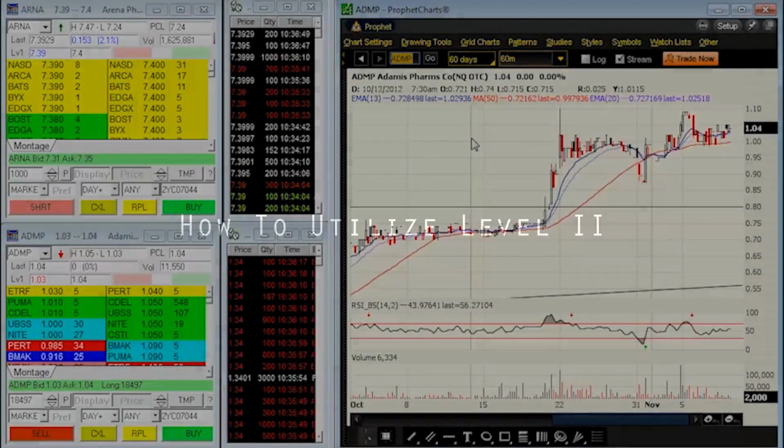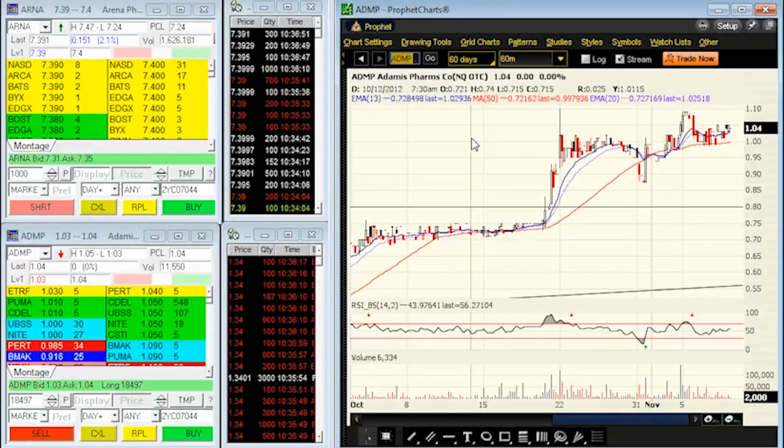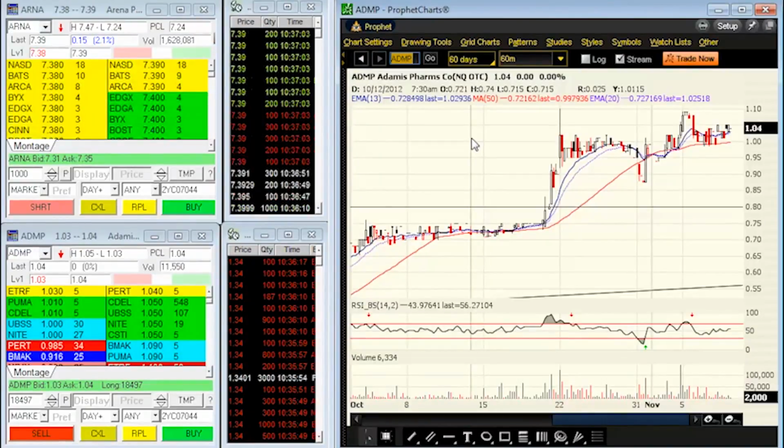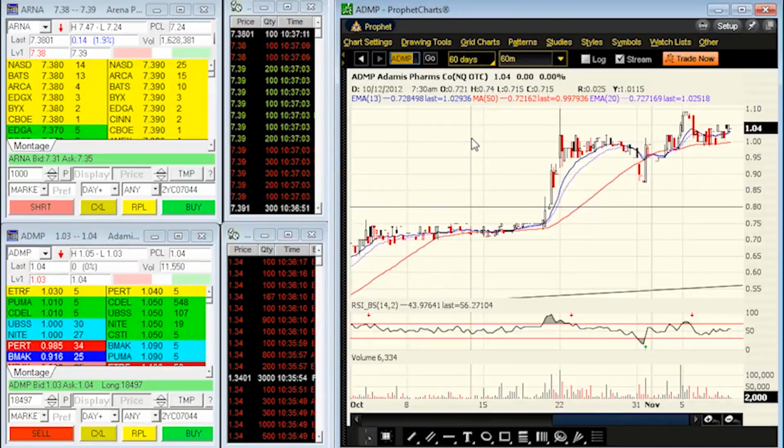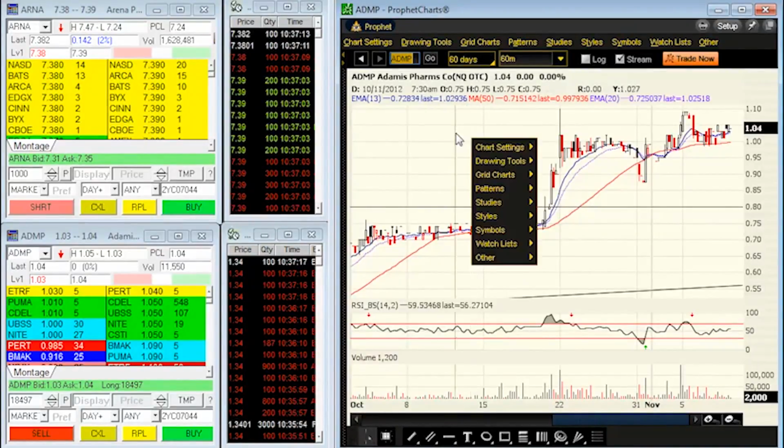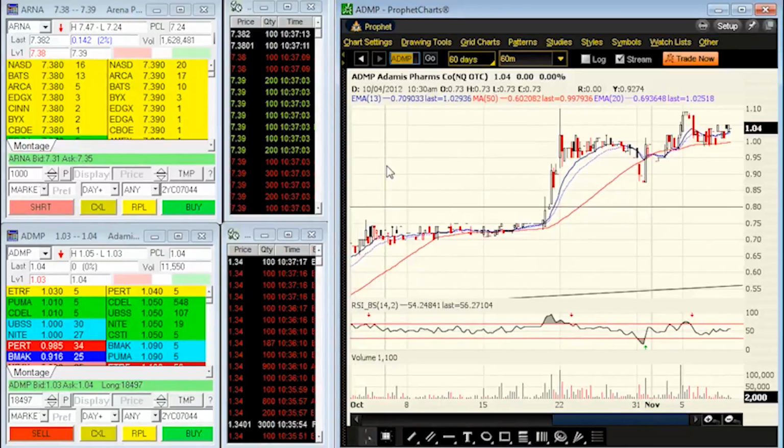What's up, guys? Just wanted to do a video on level 2 and what I look at when I'm trading. I'm looking at level 2 all day long. When I'm trading, it's not only about chart patterns and whatnot. Level 2 also plays a big role in my decision making for precision entries and my exits as well. If all of a sudden I see a wall of sellers, or I see a bid being taken out, and I can see that on level 2, it might influence me to sell